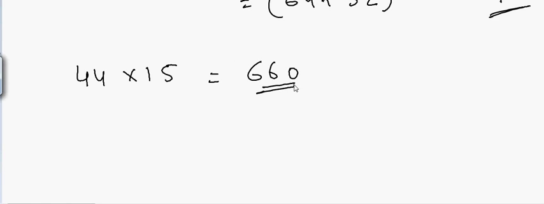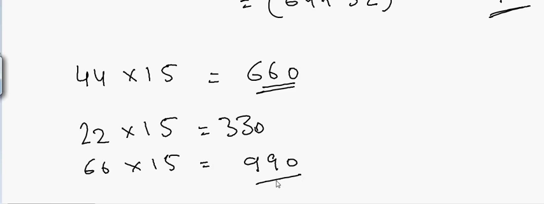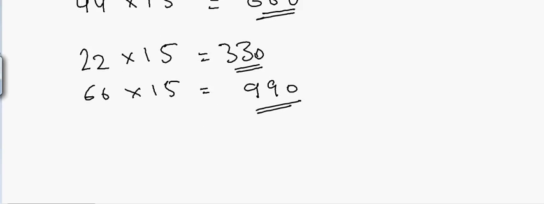Suppose I want to multiply 22 by 15, that will be equal to 330. And if you want to multiply 66 by 15, that will be equal to 99 and 0. As you can see, I'm using simple numbers, but you can always go to complicated numbers and do the same kind of calculations. I hope this tutorial will help, and I know this is just a concept,